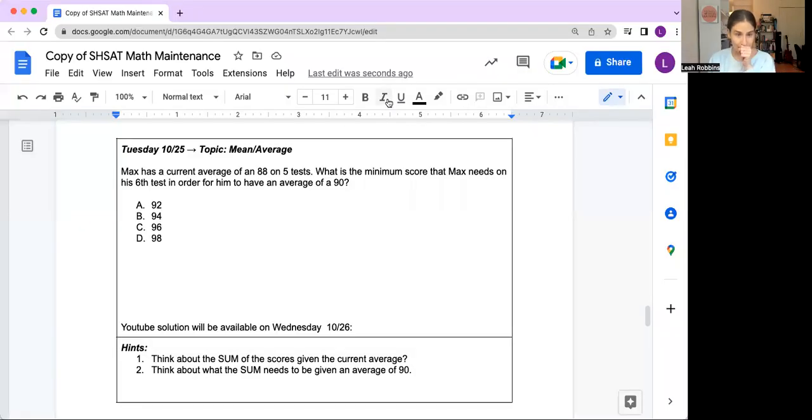So this question has to do with means and averages, and it is not a straightforward find the mean question, but when you got answer choices here, it makes life a little bit easier. And if you know how to solve these, then you are in the right direction. All right, so here we go. Max has a current average of an 88 on 5 tests. What is the minimum score that Max needs on his 6th test in order for him to have an average